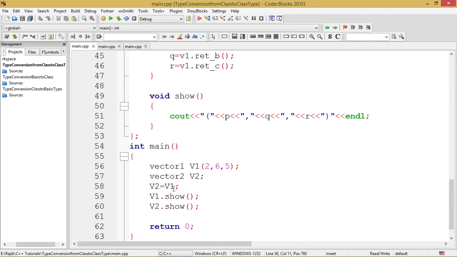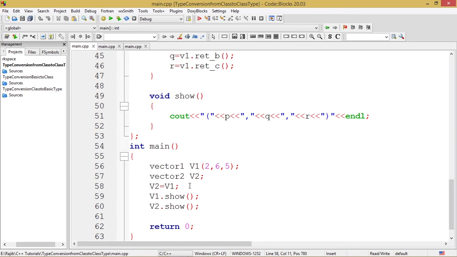So the v1 class type will be converted to the v2 class type by this line v2 = v1, where we can see that one class type is being converted to another class type. And after that, v1.show, v2.show.